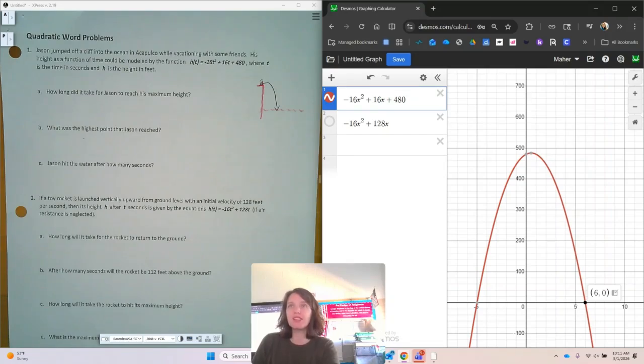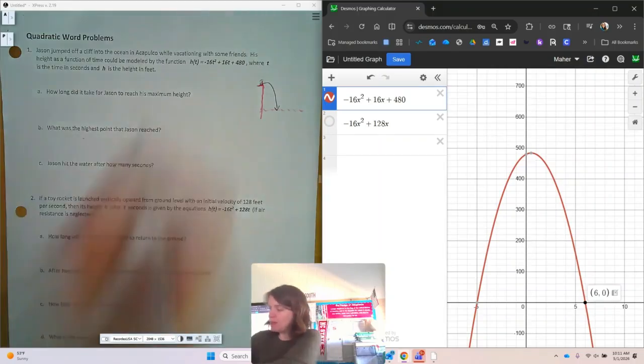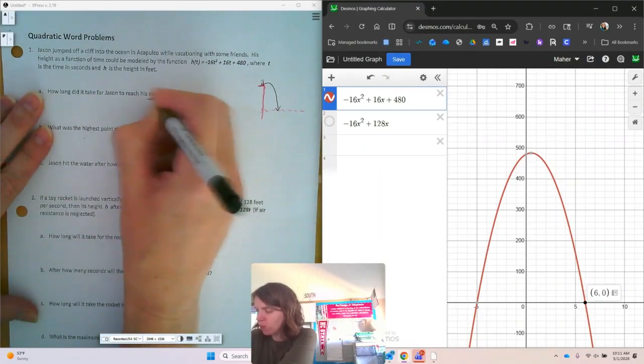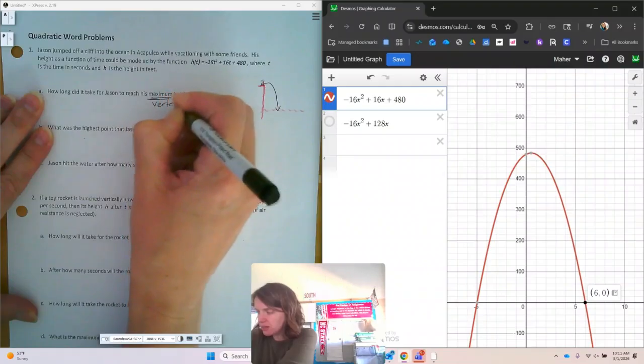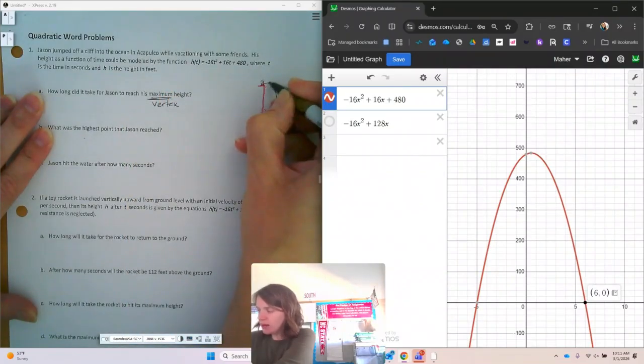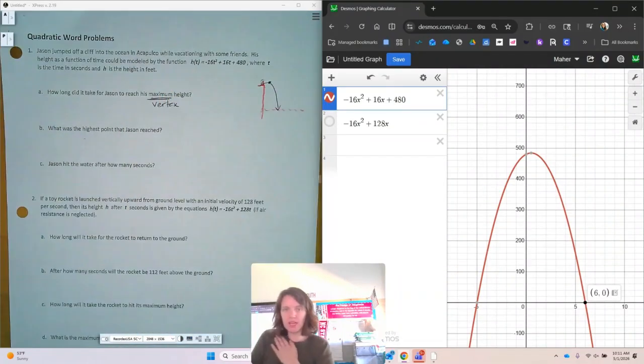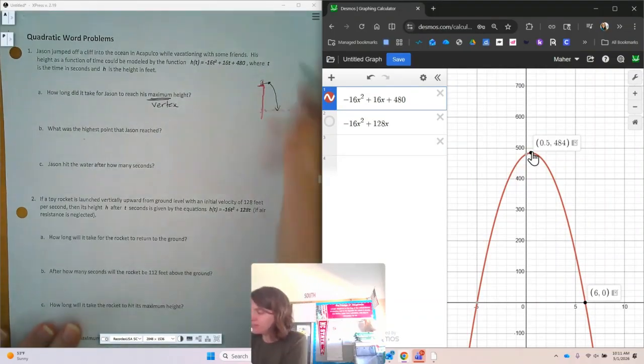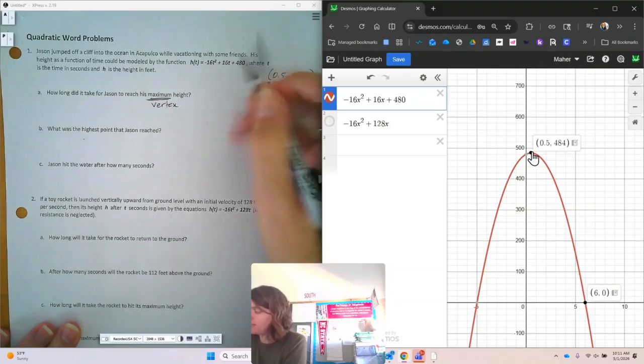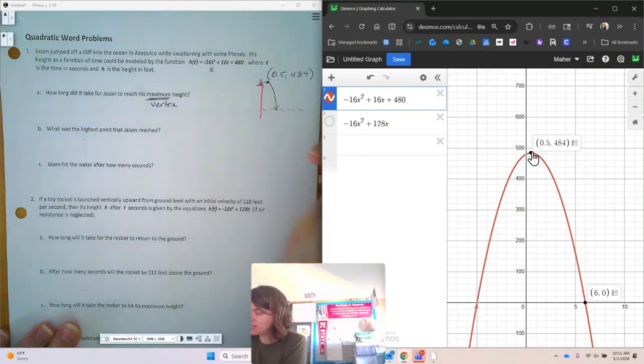So if I think about this, it says, how long did it take for Jason to reach his maximum height? So maximum, we are looking for the vertex. Now, the vertex point was up here. Well, looking at Desmos, we can tell that that vertex point was at 0.5 and 484. Well, just like we know, the t is like my x,